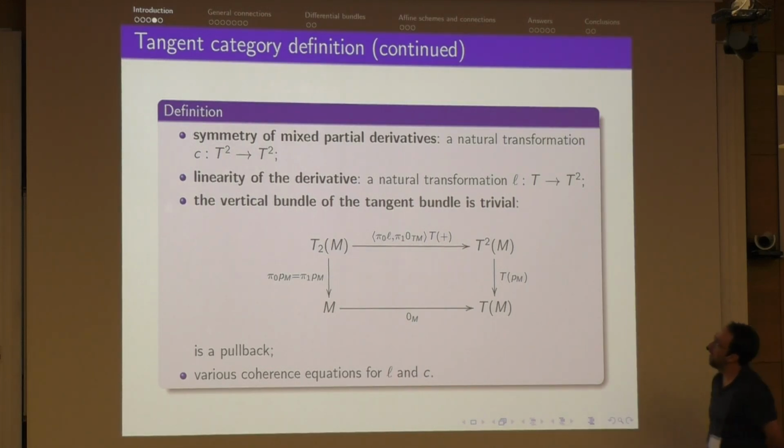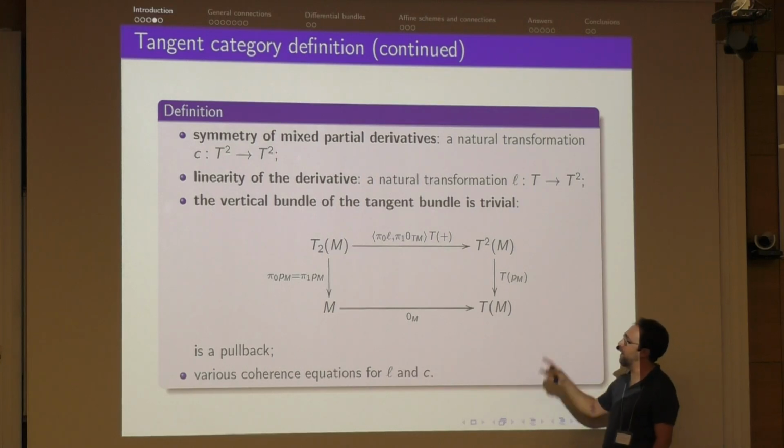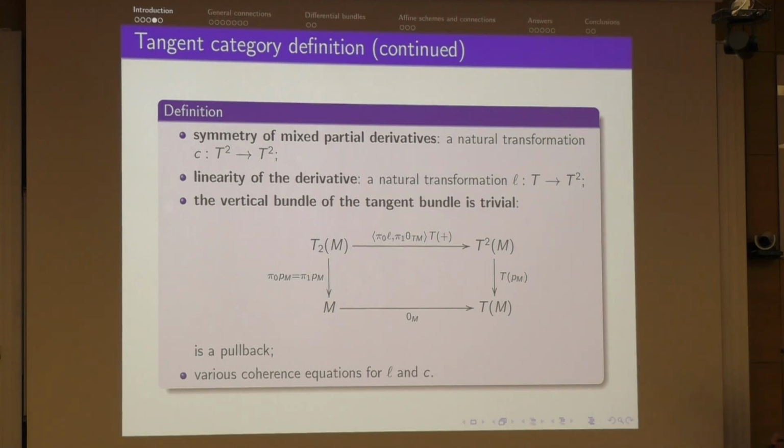The other interesting bit of the structure is there's also a lift that goes from the first order tangent bundle to the second order tangent bundle. So when you take a first order tangent thing and lift it up to a second order tangent thing, we ask for a universal property. I'll come back to this one. It looks a bit odd, but it's related to some stuff about connections.